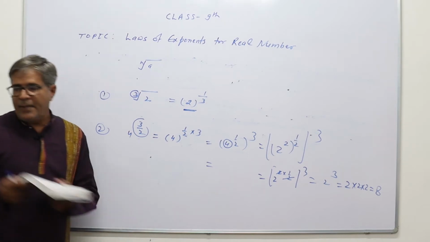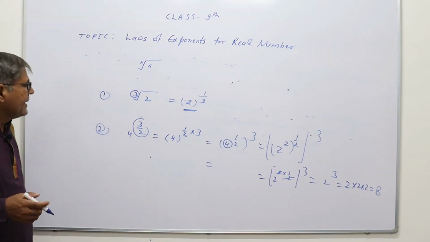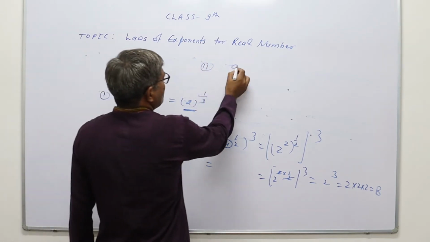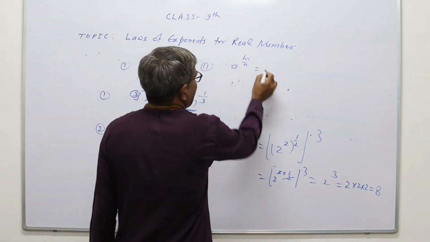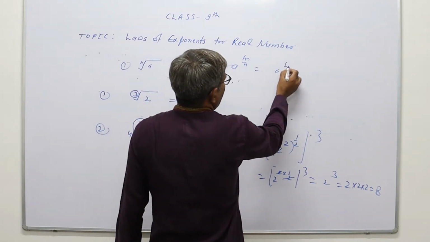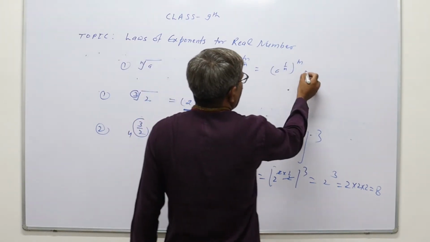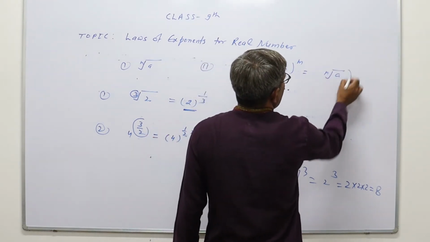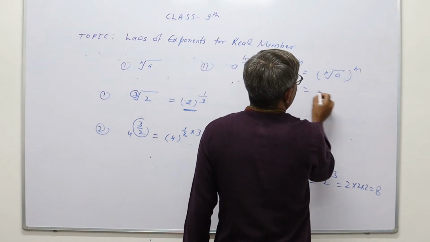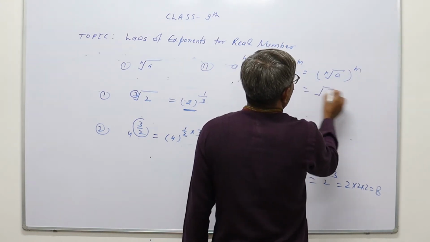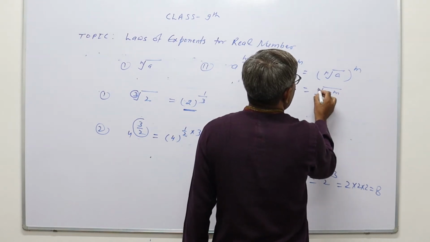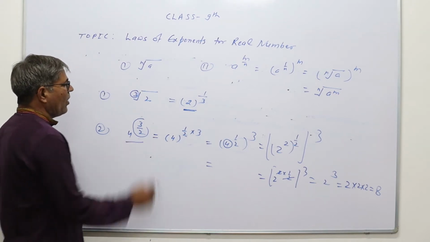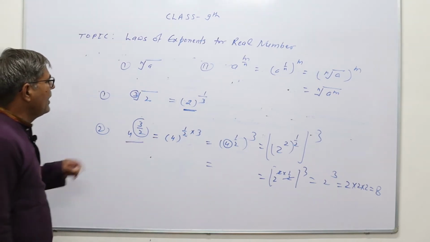So in this way, using the concept of a raised to the power m by n, this can be written as a raised to the power 1 by n whole power m, and this can be written as the nth root of a whole power m, and which can be written as the nth root of a raised to the power m. So, if we have to find the value of 4 raised to the power 3 by 2, then